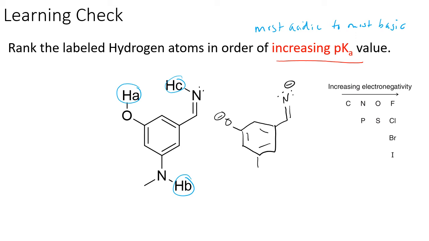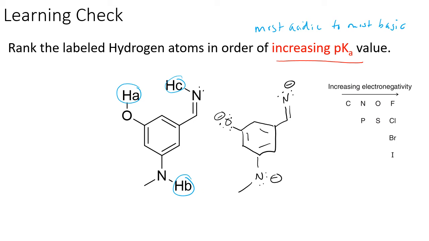And then down here we have an amine. We have a methyl group coming off of the nitrogen. And we also have now 2 lone pairs of electrons. Our oxygen has 3 lone pairs not being shown. So we're left with oxygen with a negative formal charge, and nitrogen with a negative formal charge in HC and HB